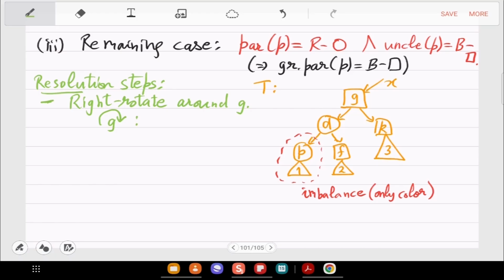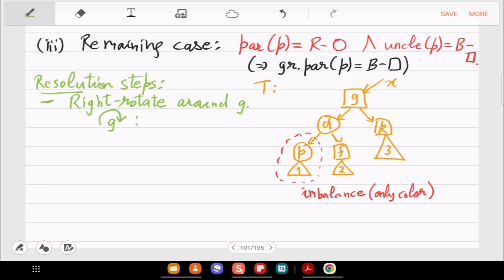And what will happen to F? Yeah, so here you should recall your BST properties, that when G goes down, its right child is K, its left child is now free, it is not D, so you can make F its left child, and then D's left child is just P. Okay, so let us draw that.